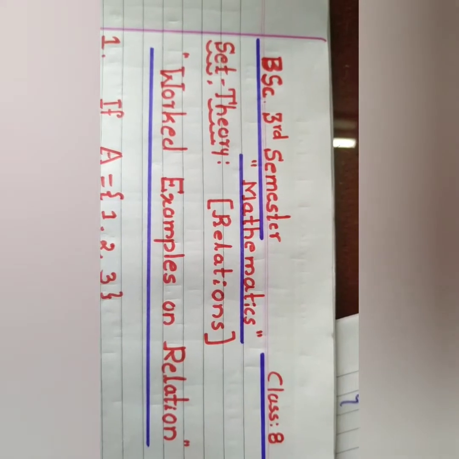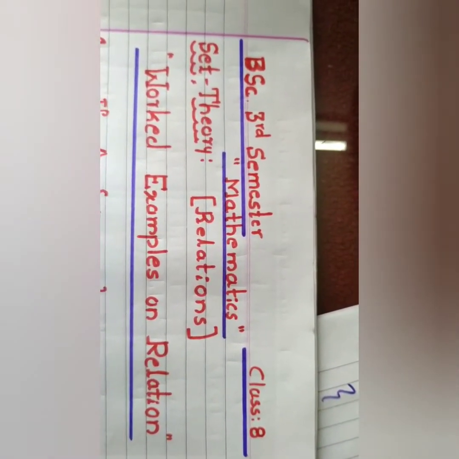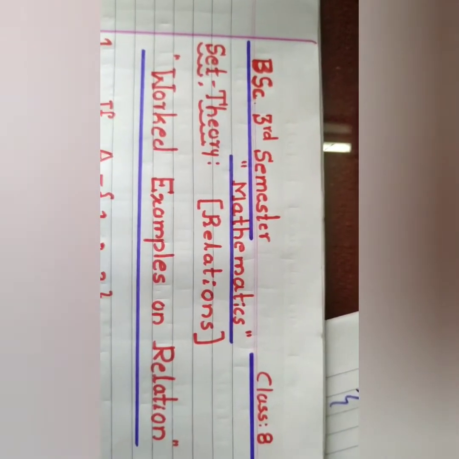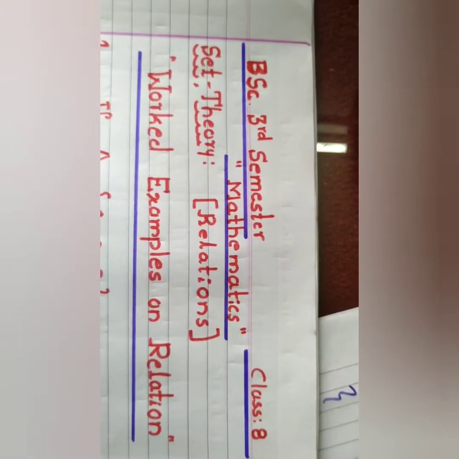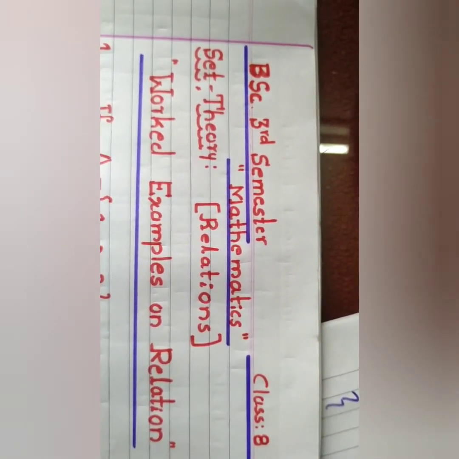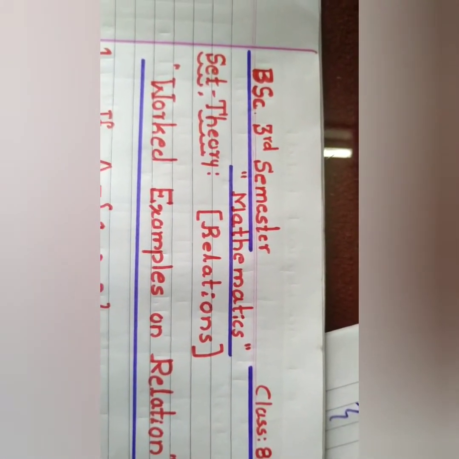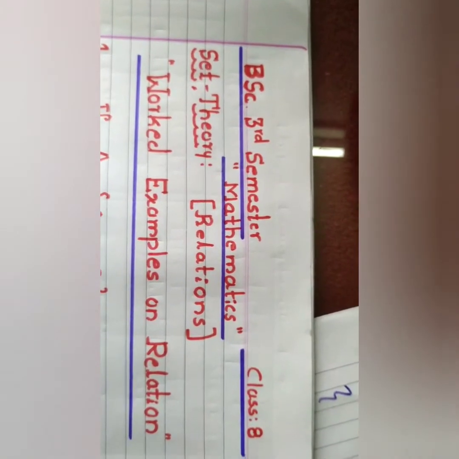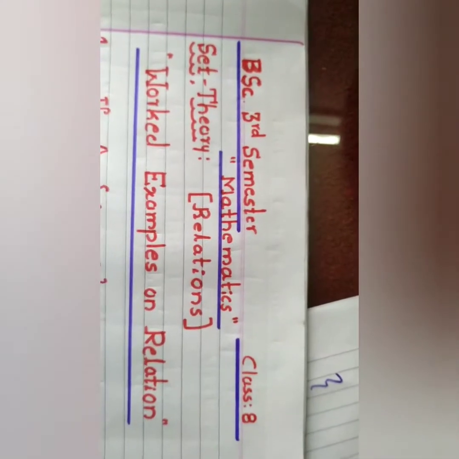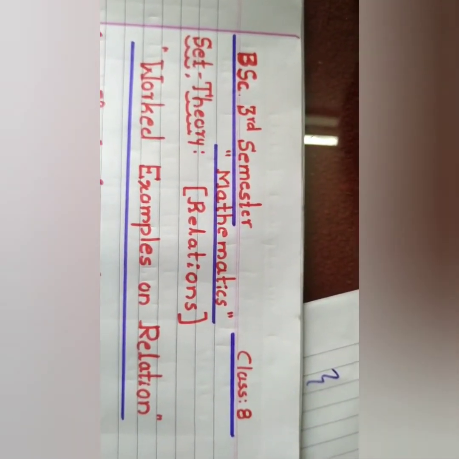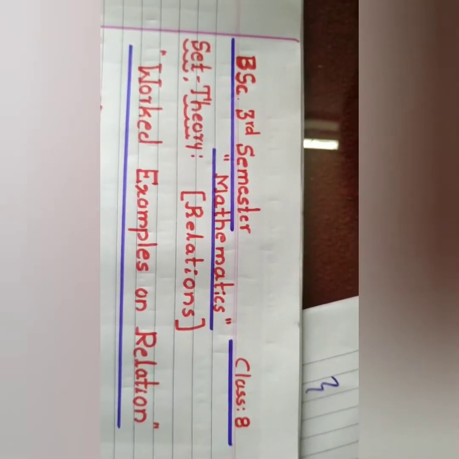That is, A is related to A. If A is related to B, then B is related to A is called the symmetric relation. If A is related to B and B is related to C, then immediately A is related to C is called the transitive relation. If R satisfies the reflexive, symmetric and transitive relations, then it is called the equivalence relation. What is the equivalence relation? It satisfies the reflexive, symmetric and transitive.